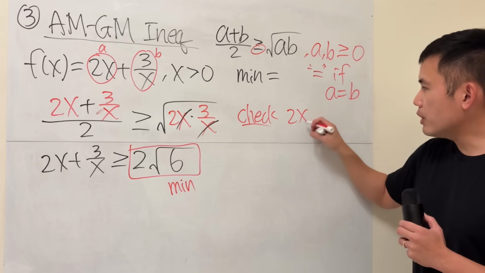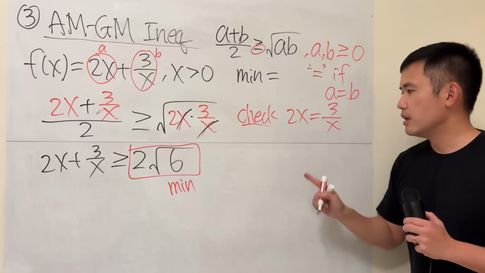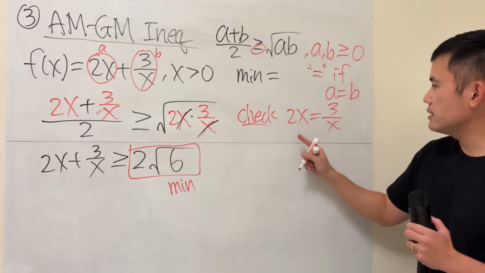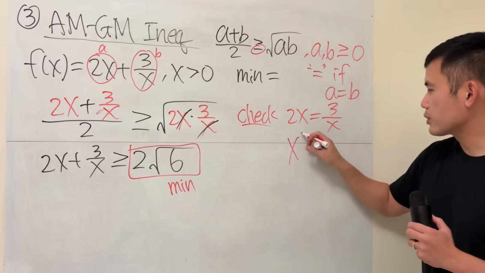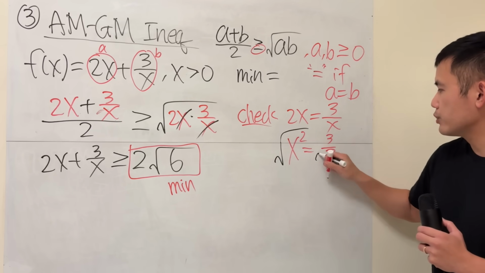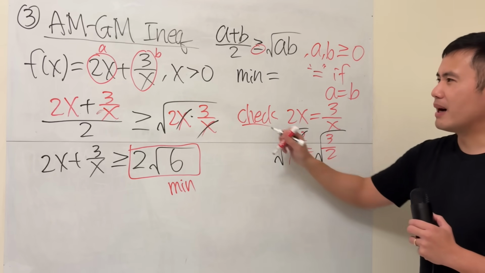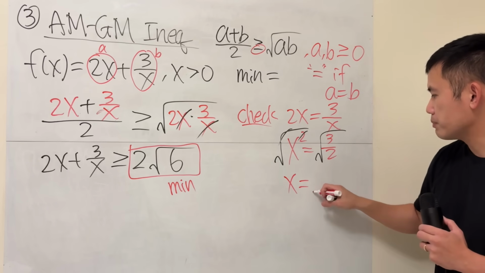Well, that's 2x being equal to 3 over x. Multiply the x to both sides, then divide the 2 to both sides, so we have x squared being equal to 3 over 2, and then take the square root to both sides. Just a positive because we want x to be greater than 0,